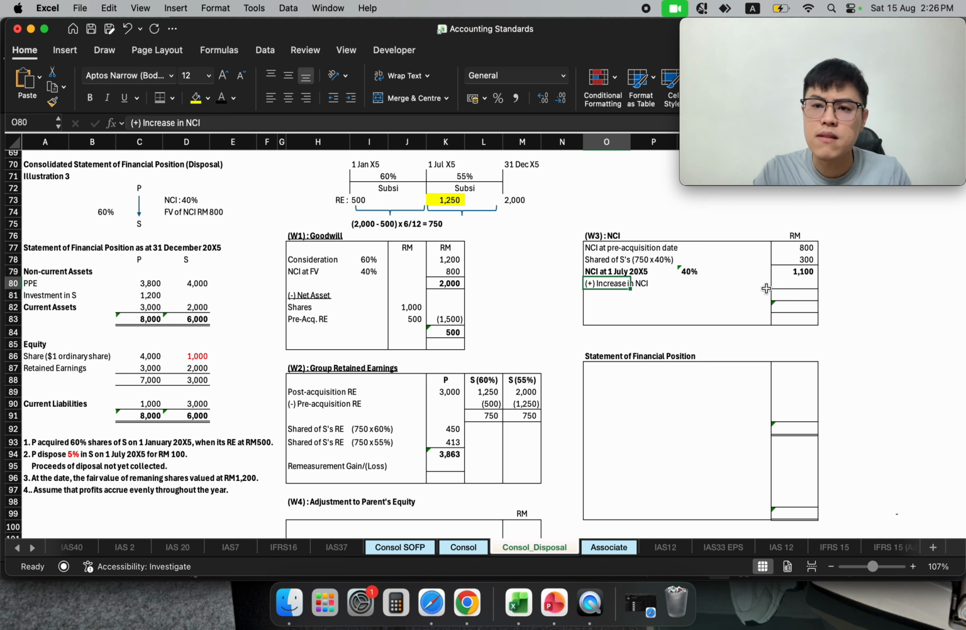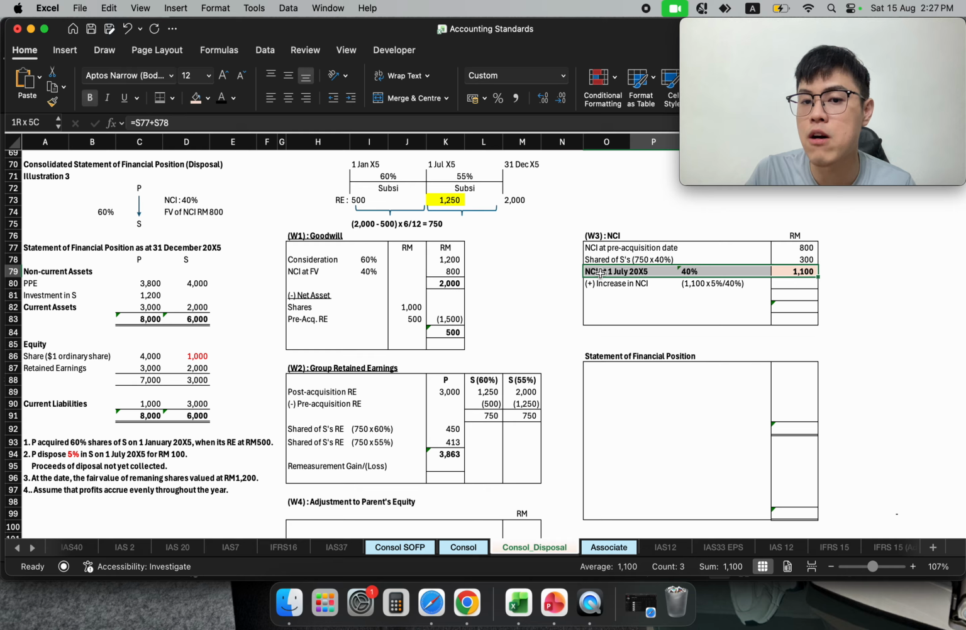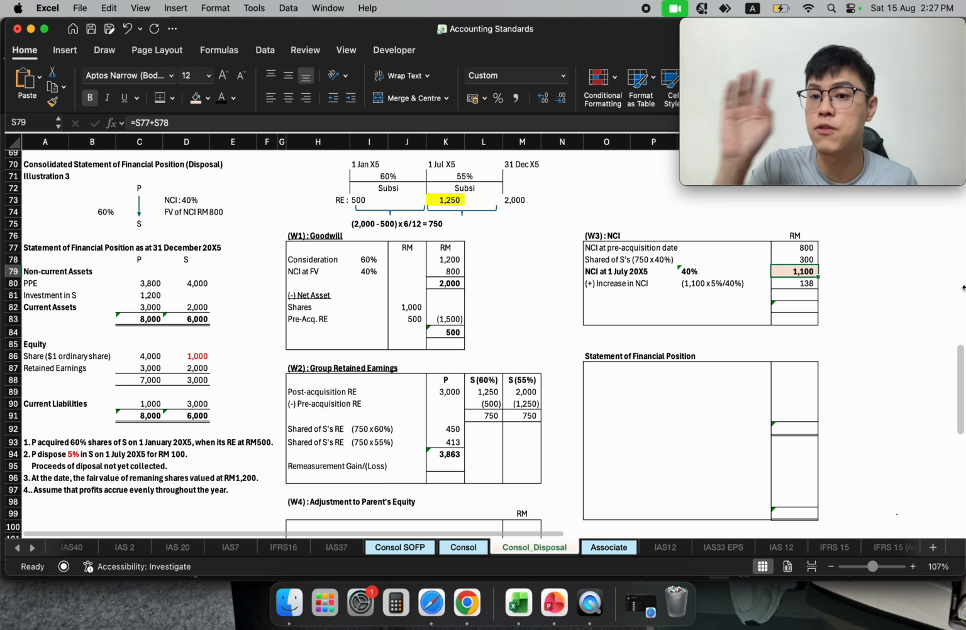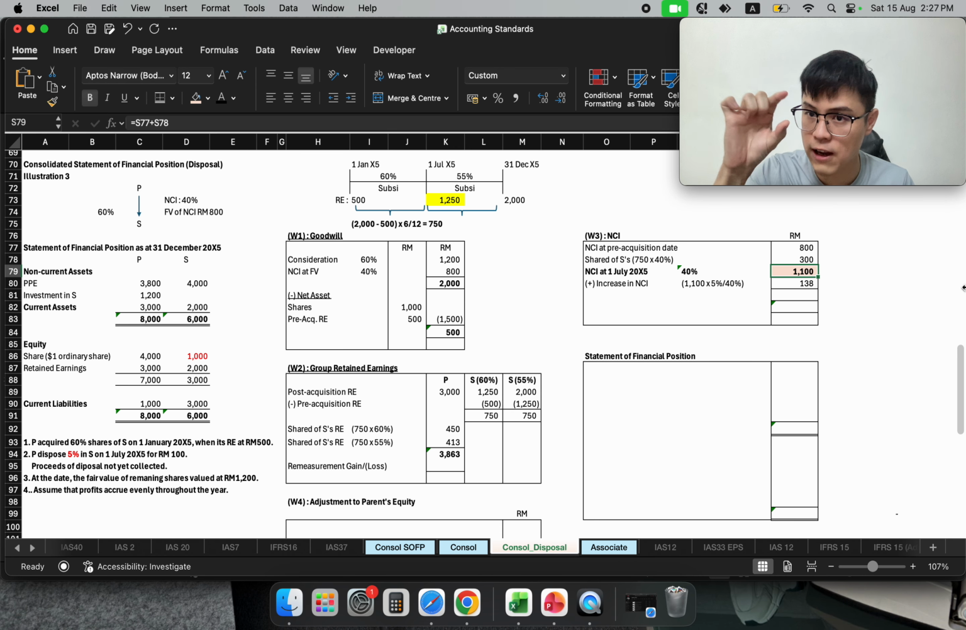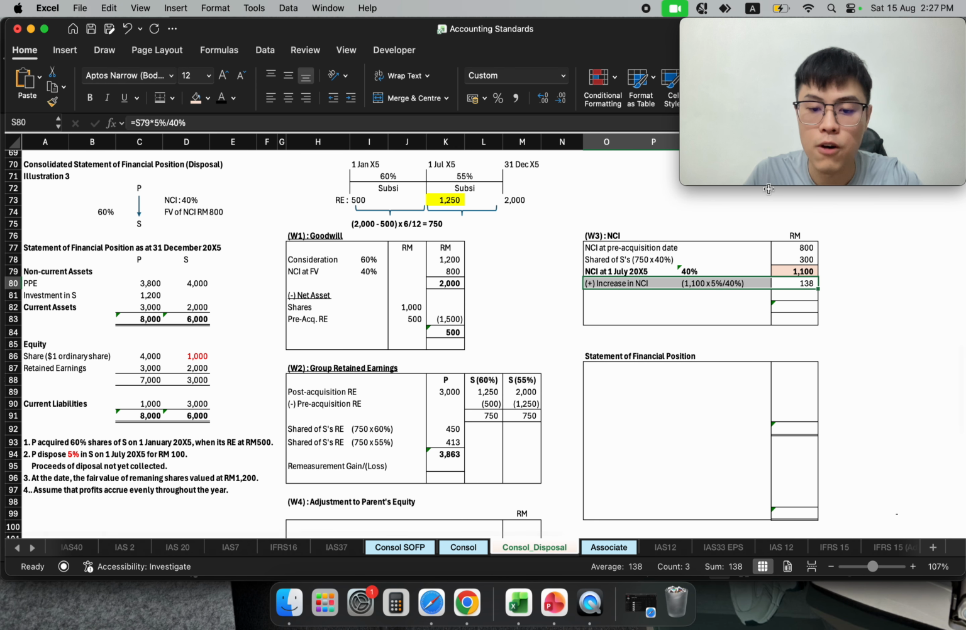So that 5% actually is worth how much? We will need to base on this highlighted 1,100. We will use 1,100 times 5%, that increase in NCI, and divided by 40% because this 1,100 represents 40%. So based on this carrying amount of NCI, increased by 5%, that will be your 138. So meaning to say 1,100 is equivalent to 40%. That 40%, how much is the 5%? That will be the incremental of your NCI. That is a very important working. And subsequently, your NCI will be valued at